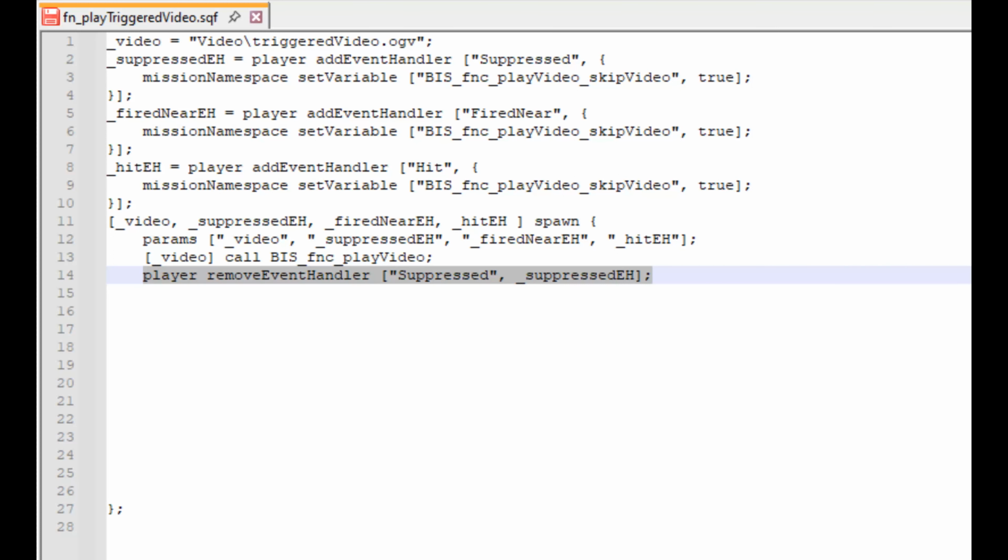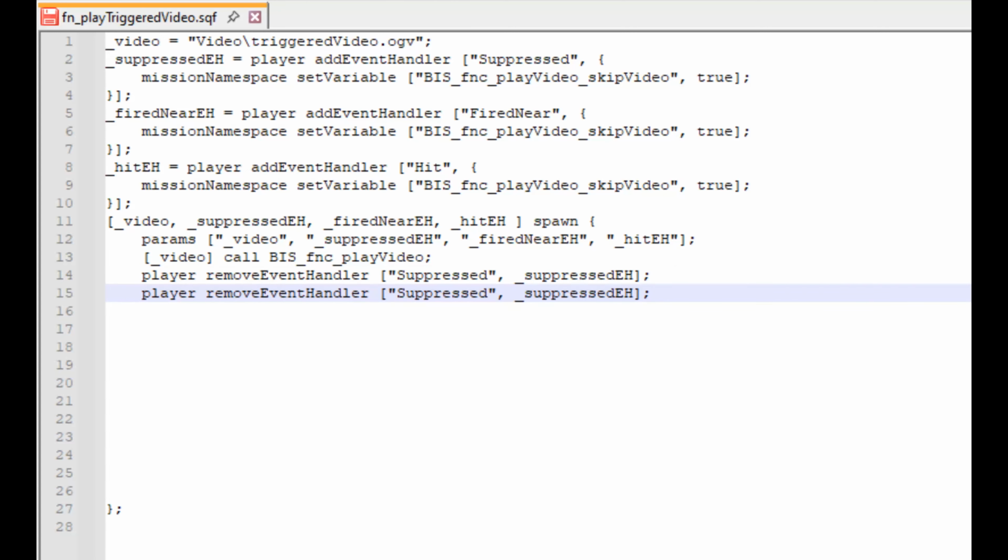Then we can copy this line of code, paste it below, and change suppressed to firedNear and _suppressedEH to _firedNearEH. So the second removeEventHandler command should look like this: player removeEventHandler ["firedNear", _firedNearEH];